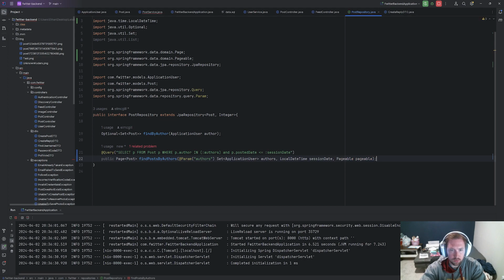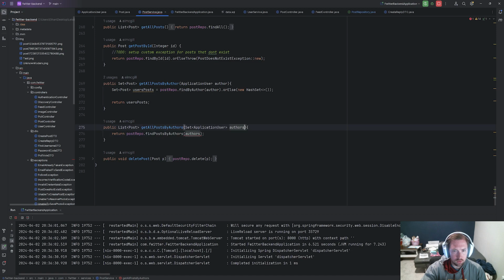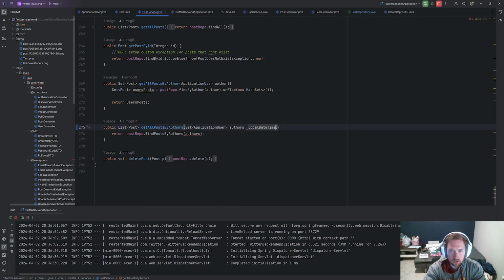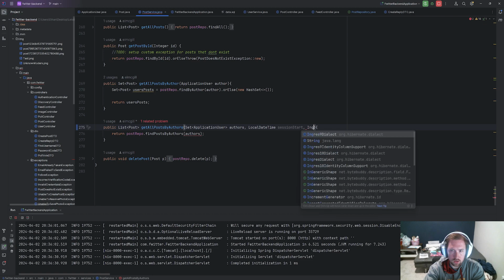And again, this is going to break a whole bunch of stuff, so that's fine. We're going to have to work on it on the front end as well. Again, we'll refactor it. Now we'll come in here, and now we'll have the authors. And what we'll go ahead and do is we'll also pass in, so first we need a local date time, and this will be session start or something. And then we'll also want an integer